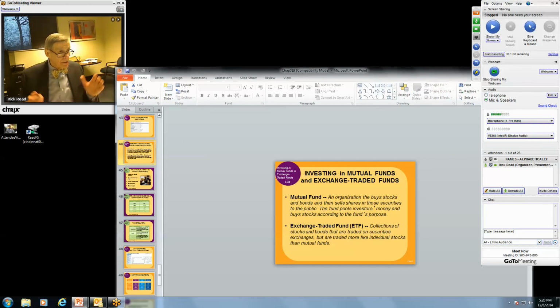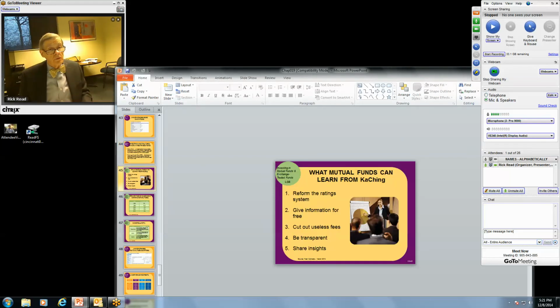That's another way to do it. It's a good way if you want to get in the securities market with a relatively small amount of money. Now, a lot of these mutual fund companies require a fair down amount of money to buy into them, but it's better in the long term. But again, get a prospectus and study it and get some advice before you do that. Look out for the rating system.